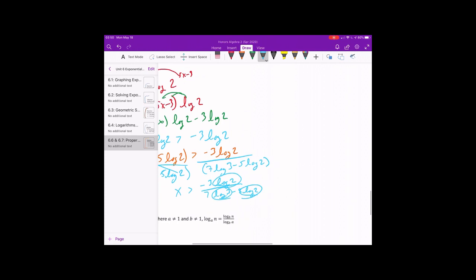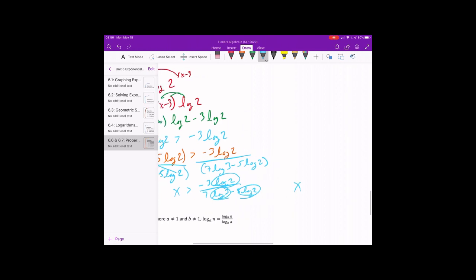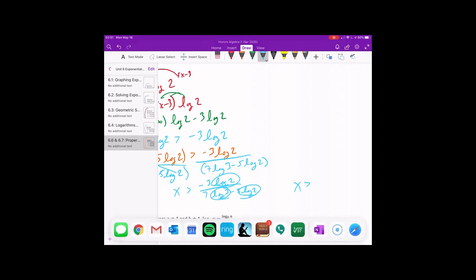And so in the end, we're going to end up with x is greater than... at this point, this is where you go to your calculator and you let it do the hard work here. And so it is negative 3, and make sure we get our parentheses right. Negative 3 log, not absolute value, log, negative 3 log of 2,